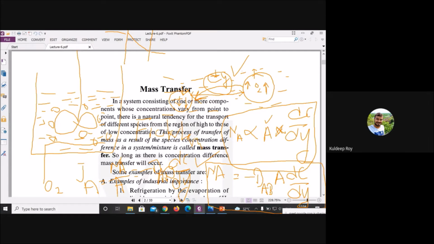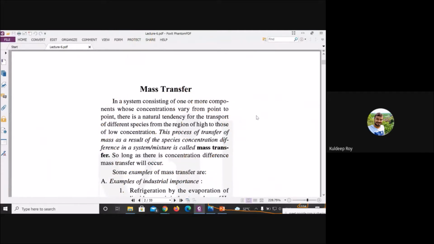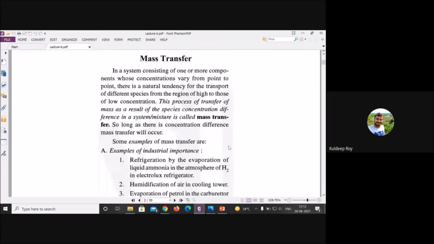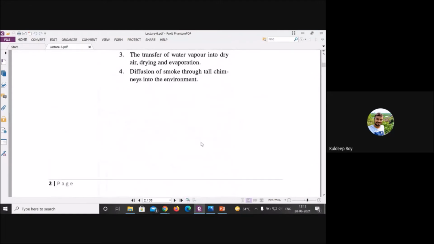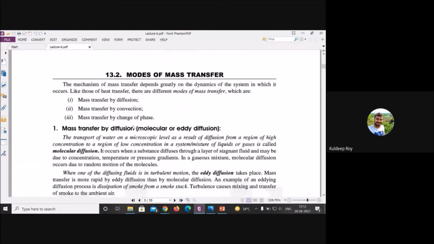You have got a little bit of an idea how the mass transfer will take place around this bubble. This formula is okay, but what is happening inside your bubble? We will discuss this thing, then we will move ahead. We have discussed in the last class how the gradient, the driving force, helps in mass transfer.